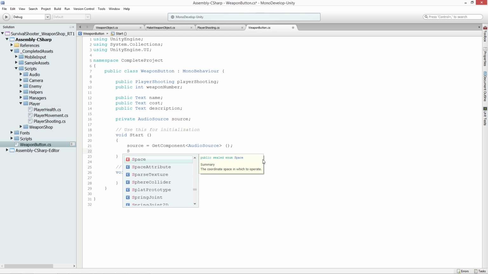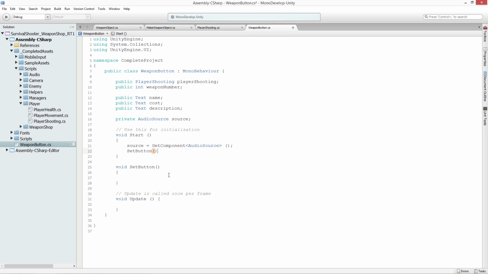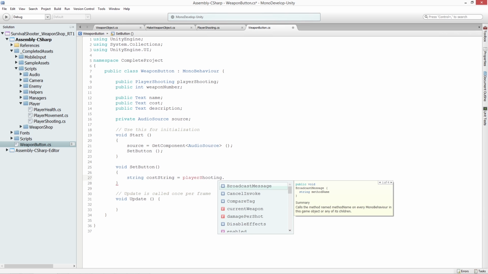And then we're going to call this function, a private function that returns void called SetButton. SetButton is going to set the text and stuff for the button based on the weapon number. So we're going to call SetButton, and in SetButton it's nice and simple. First of all, because the text for cost takes a string, and I have the cost as a float, I'm just going to declare a string, costString, and that's going to be equal to playerShooting dot,